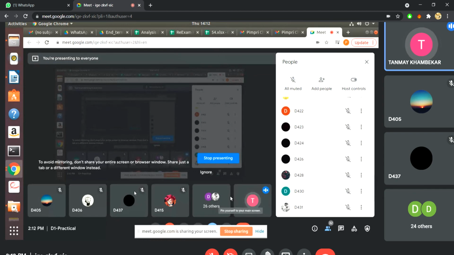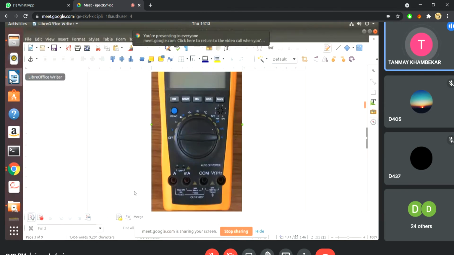Okay, so students, CRO is basically used to measure any value. We will always get a waveform. So if I'm giving input to any circuit, output I am getting. I want to see how much is the output. I will use multimeter and I will get the value, suppose 5 volts. But on CRO, along with measurement of that 5 volts value, I can also observe the nature of the waveform. So CRO is used for that purpose. So just see.